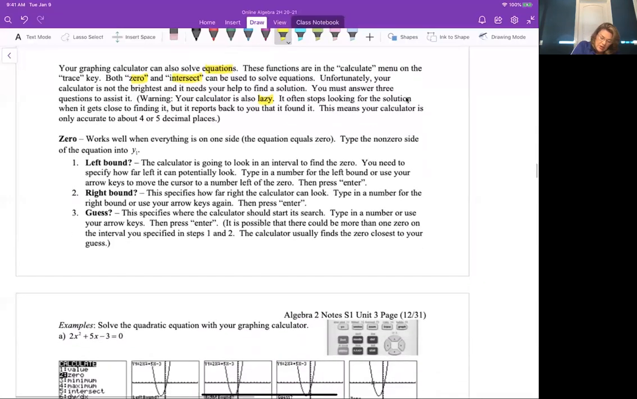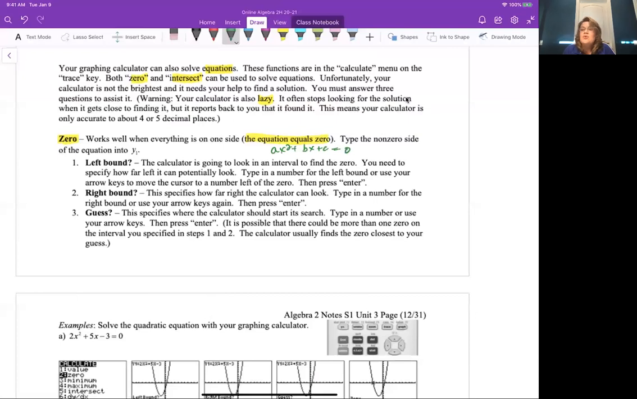So here we go. There are 2 approaches to this. First is to find the zeros. This works well when everything is on one side of the equation, when the equation is equal to 0. So what that would look like is ax squared plus bx plus c is equal to 0. You would basically rearrange the equation, if it was not already done so, to have it in the